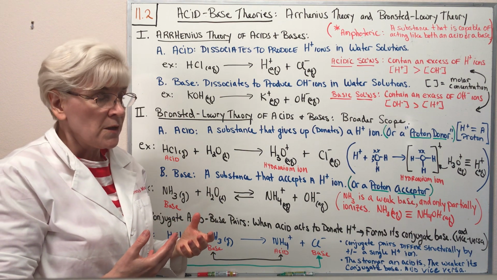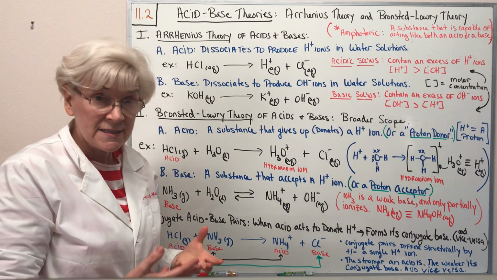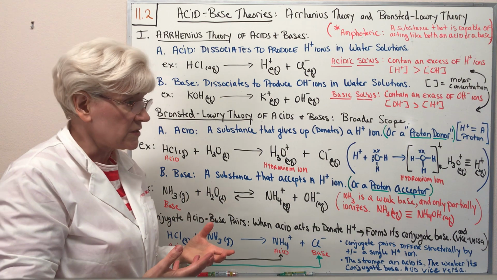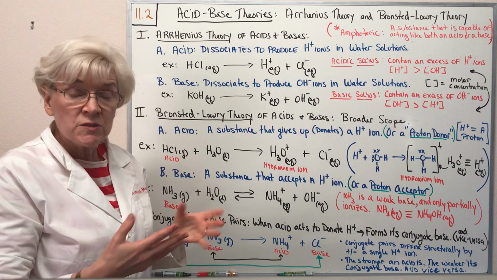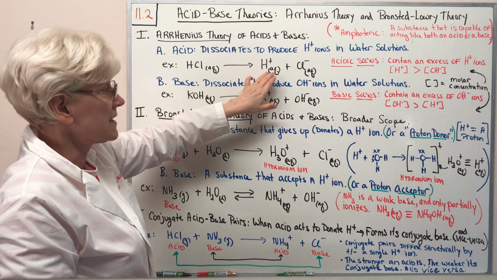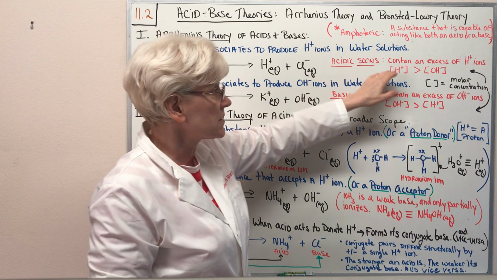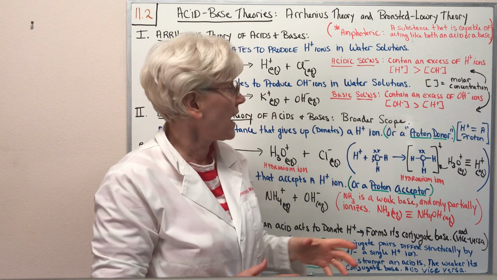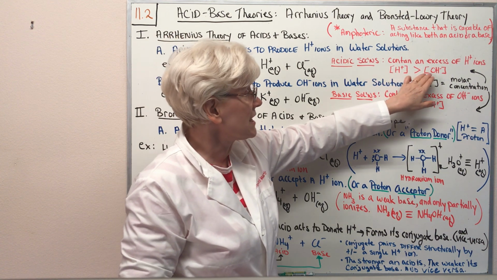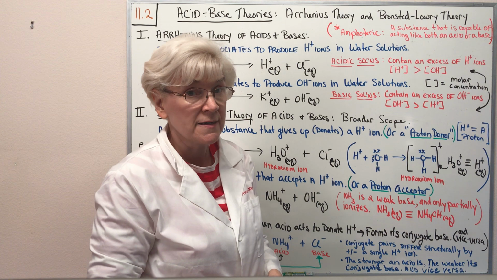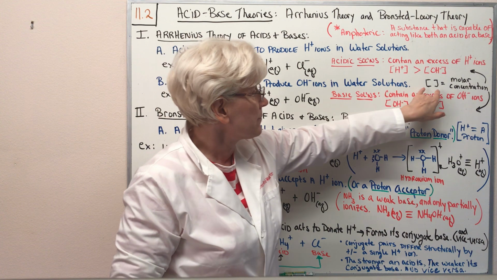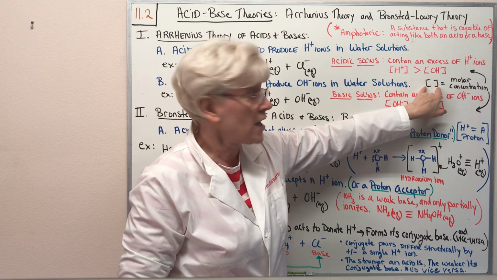In other words, properties such as acids taste sour, acids turn phenolphthalein colorless, acids turn litmus red. These sorts of acidic properties are due to the presence of hydrogen ions in solution. So acidic solutions contain an excess of hydrogen ions. The hydrogen ion concentration of the solution is greater than the hydroxide. And just a note here that when I put hydrogen ions in brackets, that bracketing refers to the molar concentration